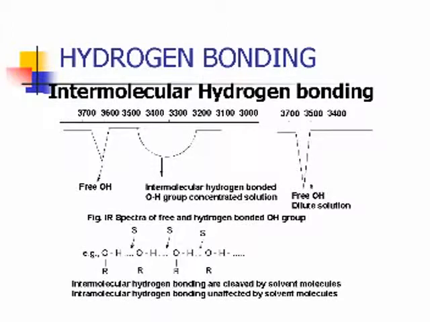The force constant decreases means automatically it absorbs at lower wave number. Therefore, for intermolecular hydrogen bonding, the OH stretching frequency is well below the value of 3640. The range is 3500 per centimeter to 3200 per centimeter. That is what is called a broad absorption area. Another one is free hydrogen bonding. The absorption area is what is called a sharp peak. We are getting two types in this case. At the same time, if we go for intramolecular hydrogen bonding, we get only a single peak.